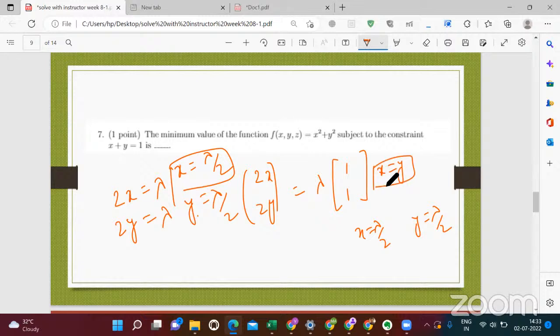But if x equals y, you can get so many values, right? If x is equal to y, you can take any values, right? Yeah, but I mean, for substituting in the constraint. So what you can do is put it here. So what you'll get? Lambda equals 1, you'll get.